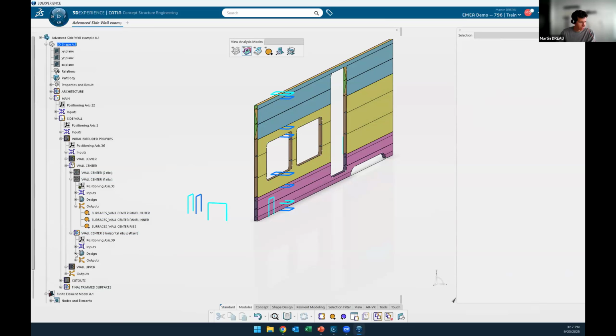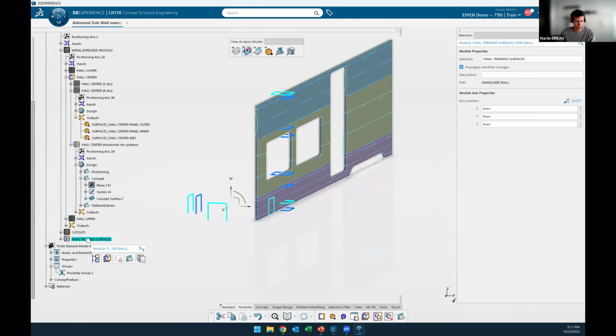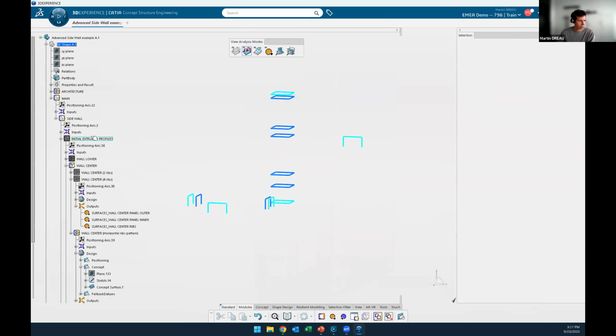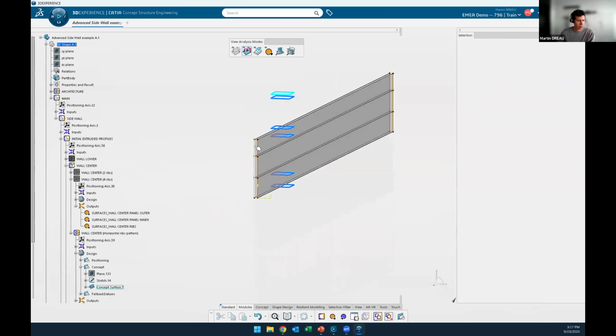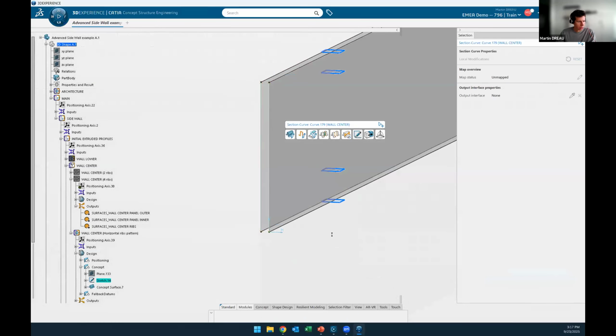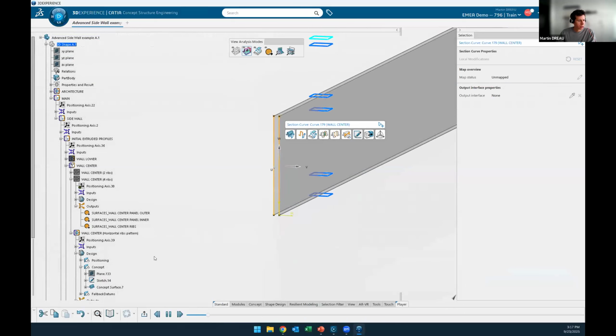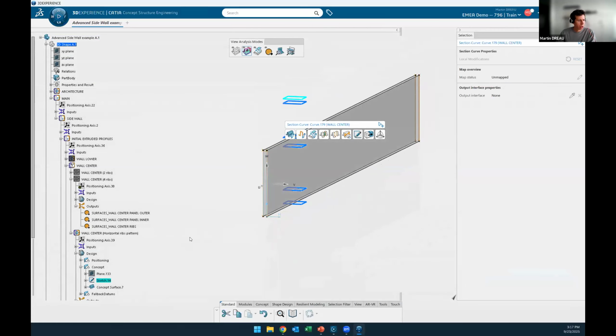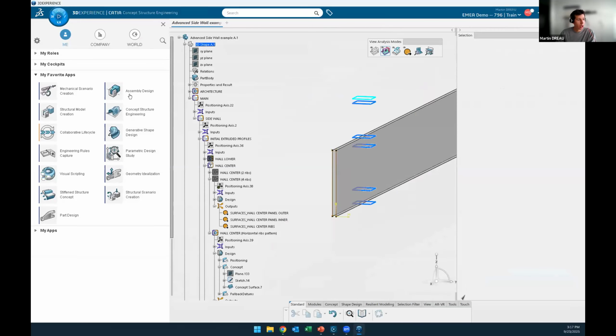Okay. And first, I will hide the final trim surface. I will focus on the wall center. So I will remove my ribs which are coming from the sketch. Right. And now I will open Visual Scripting. So it's another app of the 3DEXPERIENCE platform. I can just click on the compass and